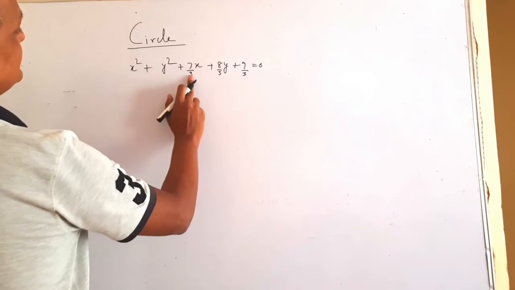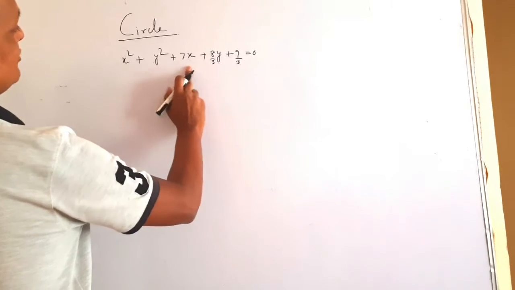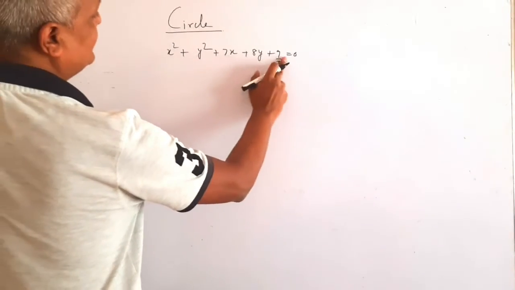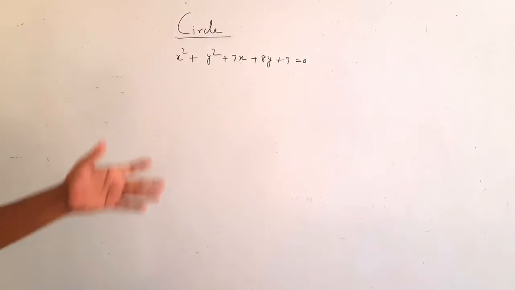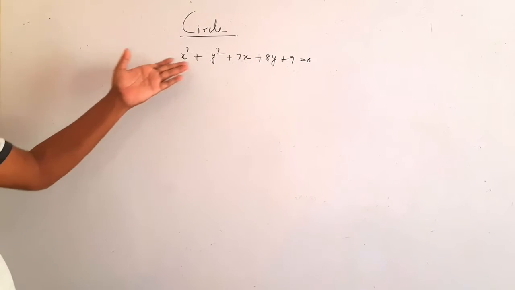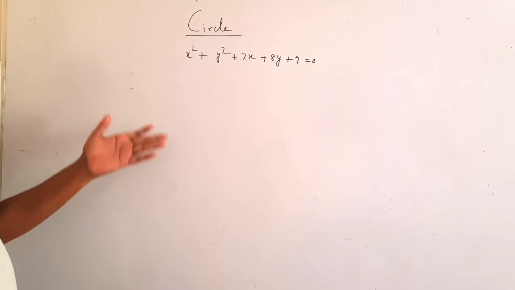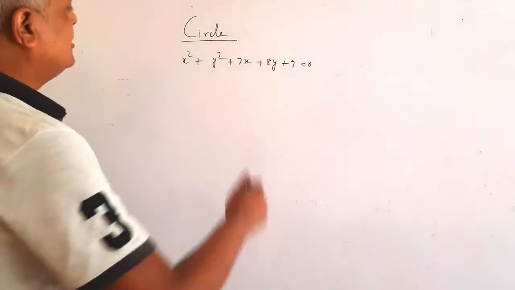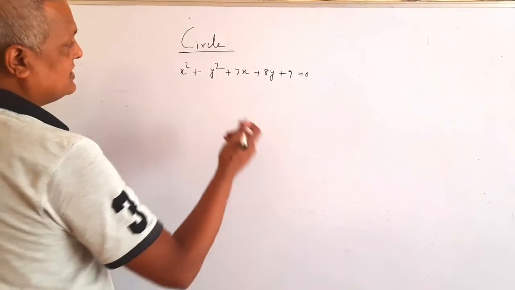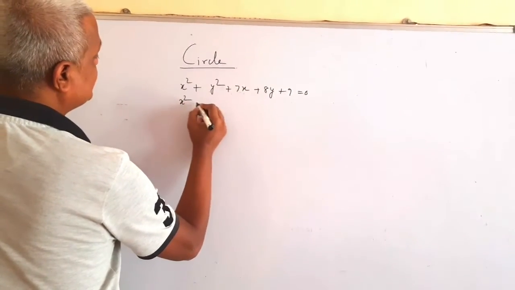So now I remove these things. This is my general equation plus 7x, and I want to understand that if this is the equation, then is it a real circle, or is it possible to have a circle with this form, and if it is a circle, then what will be its radius and center. The better way, as we have discussed, is to compare this with the standard form,